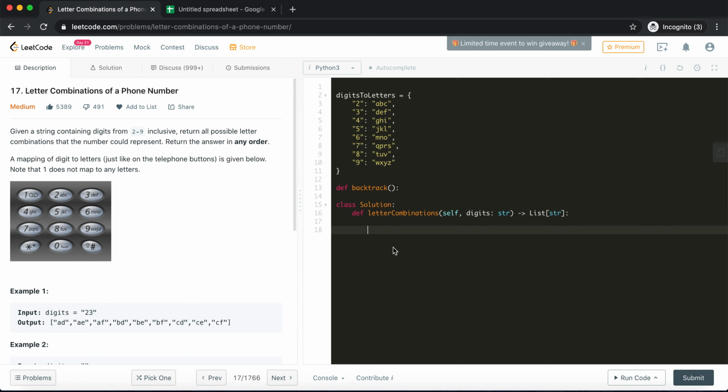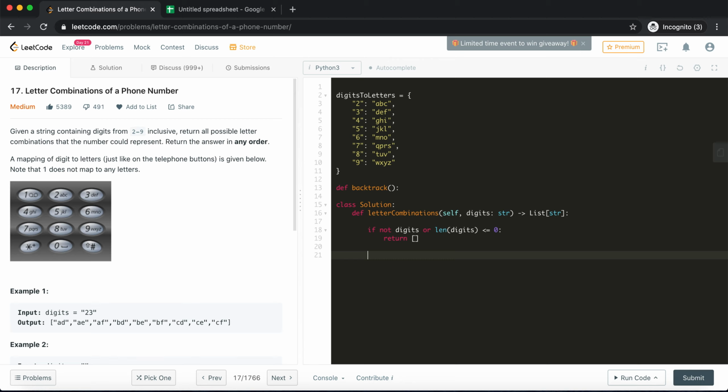Its job is firstly, as always, to do the sanity check of the inputs. So we'll check if not digits, meaning the digits are not present, or the length of digits is less than or equal to 0. In that case we really don't have anything, so we'll just return an empty array, an empty output.